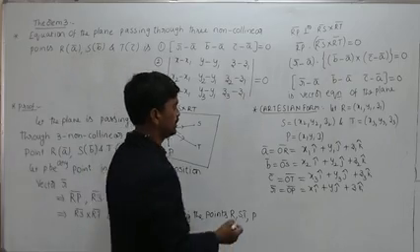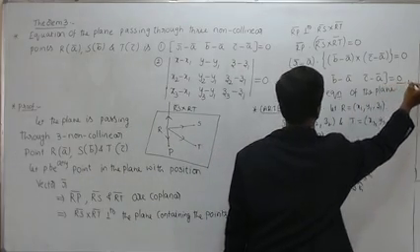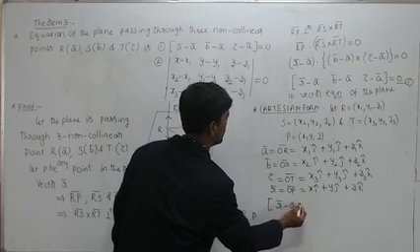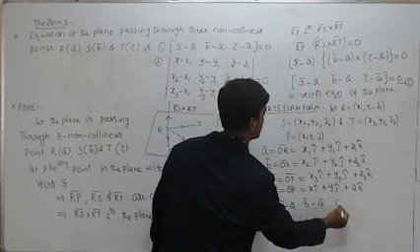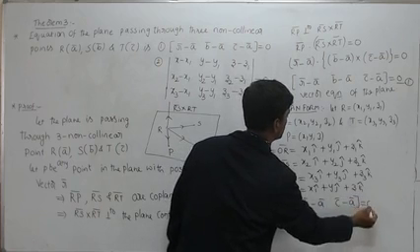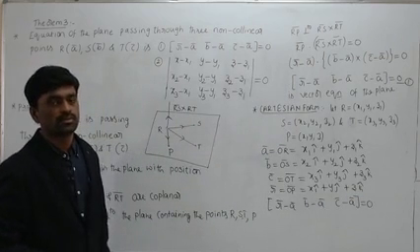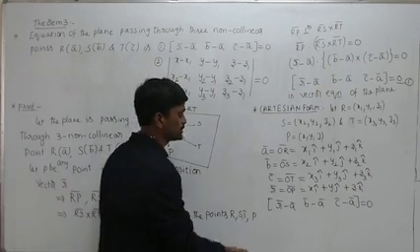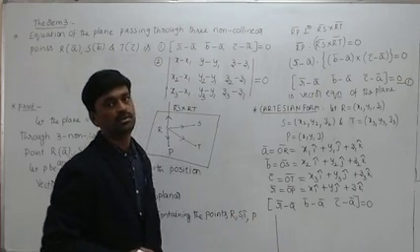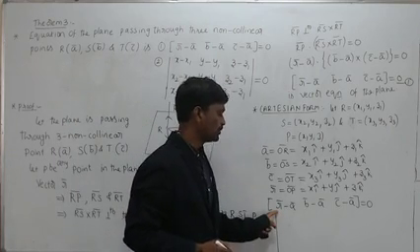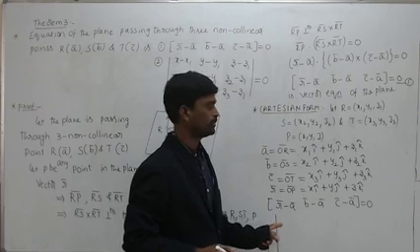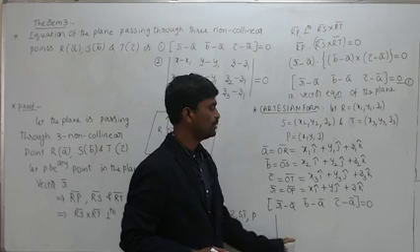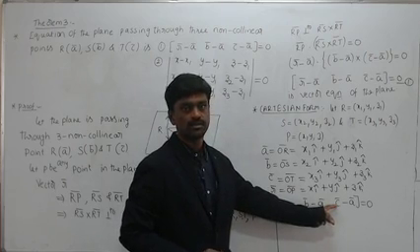So let it be equation 1. From equation 1, what do we have? The box product of R bar minus A bar, B bar minus A bar, C bar minus A bar is equal to 0. So that is equal to a 3 by 3 determinant. The first row elements are components of the first vector R bar minus A bar. Second row elements are components of the vector B bar minus A bar. And third row elements are components of the vector C bar minus A bar.